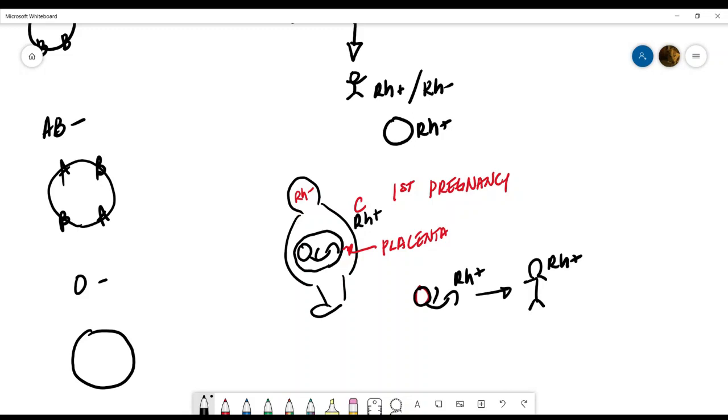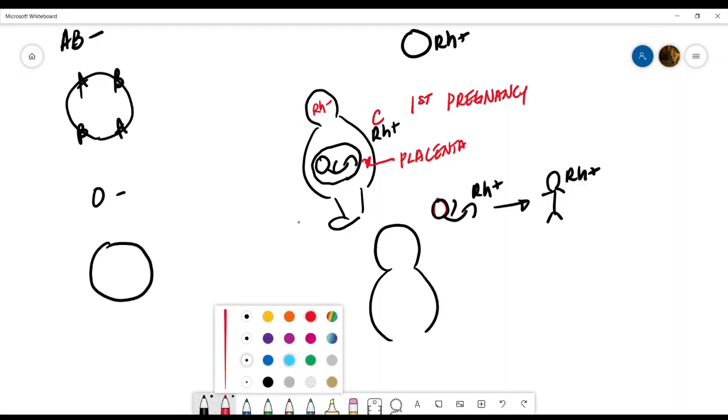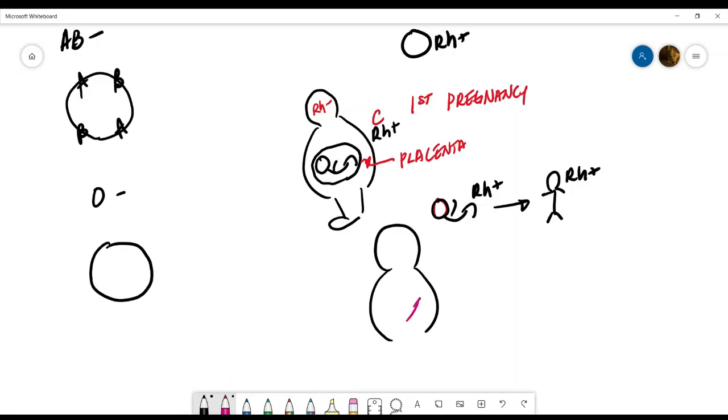But the mother is now introduced as the blood rip has occurred. She is now introduced to the Rh positive blood type. So then the mother will undergo over time, and the mother will start to produce Rh antibodies. So if she produces Rh antibodies and she has a second child,